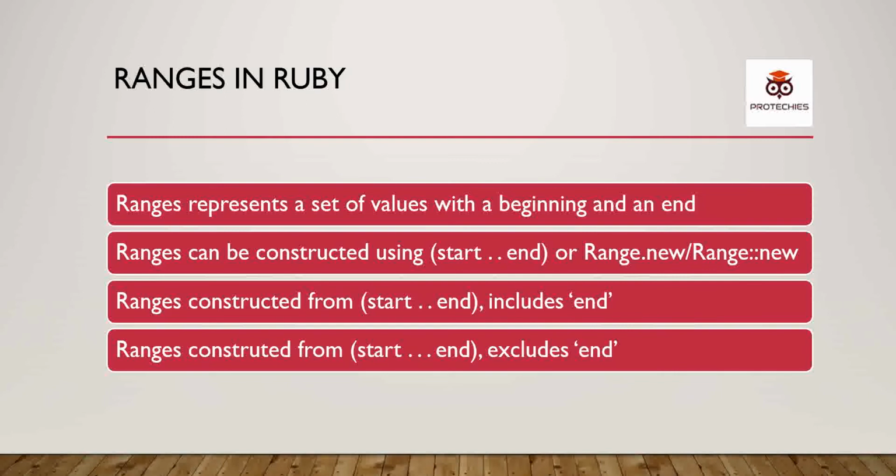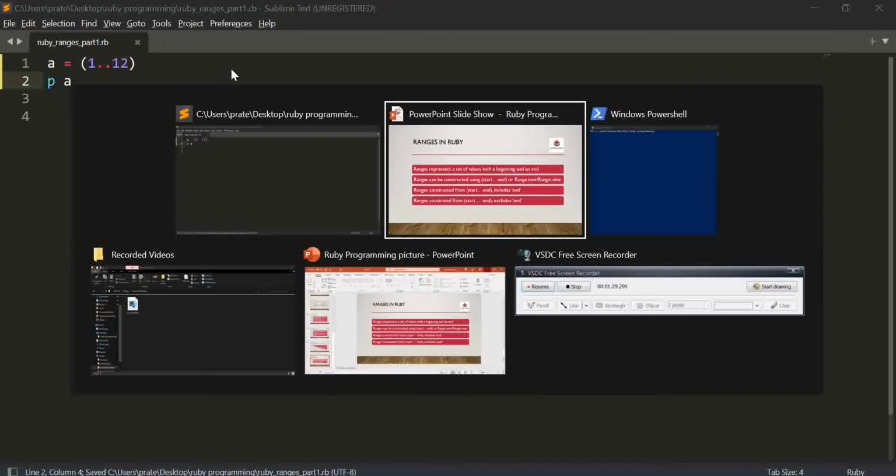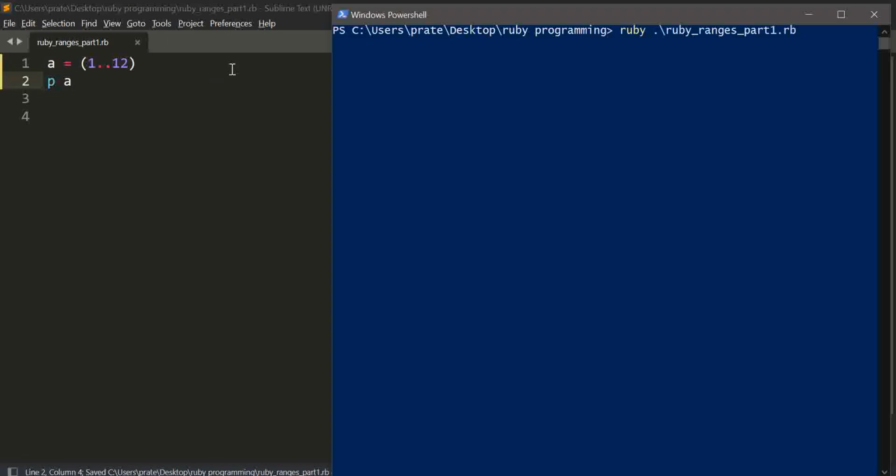Okay, so let's see in Sublime how ranges work. I will create a range and assign it to a. I will be creating a range from 1 to 12. Let's see what output we get. So we got the range which is from 1 to 12.